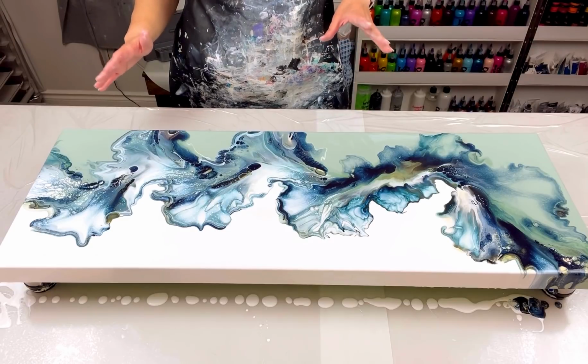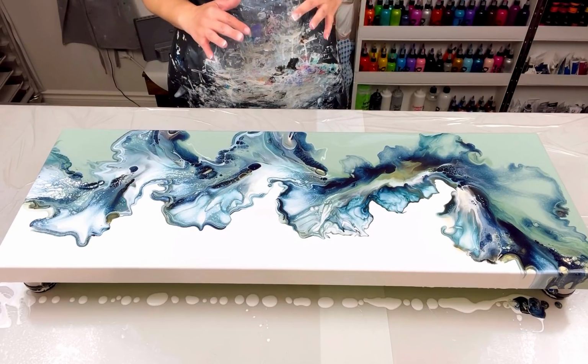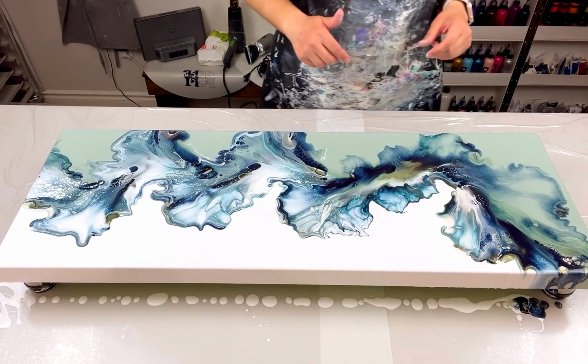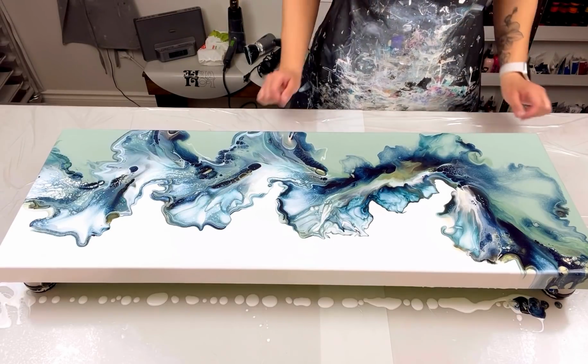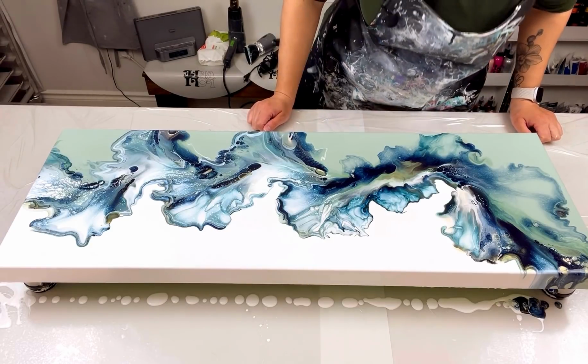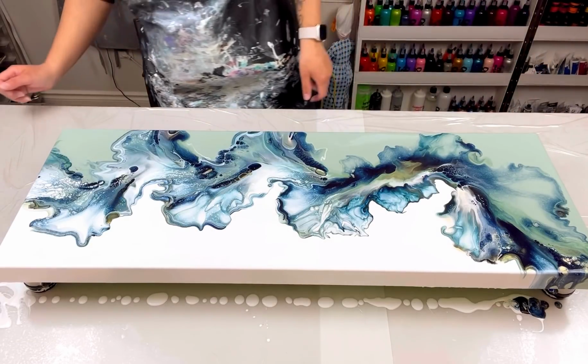There's so many colors. As I mentioned, Irina has some gorgeous color combos that I kept scrolling through her page on Instagram. She's got some great color combinations. And I'm so happy with this. Oh, I love it. Okay, there's nothing else